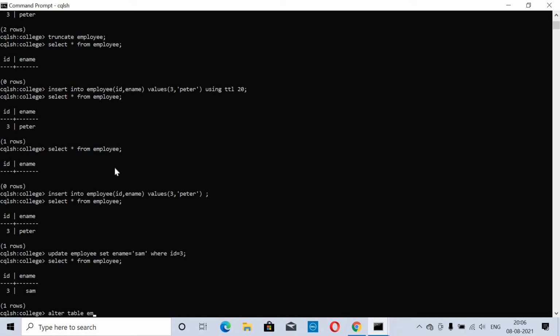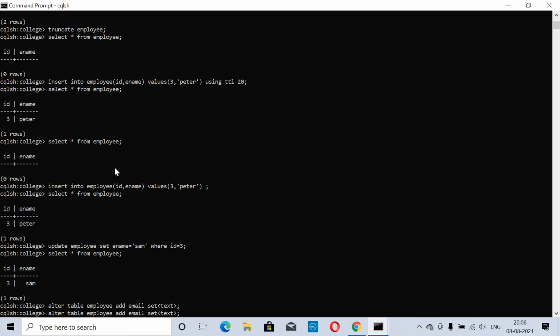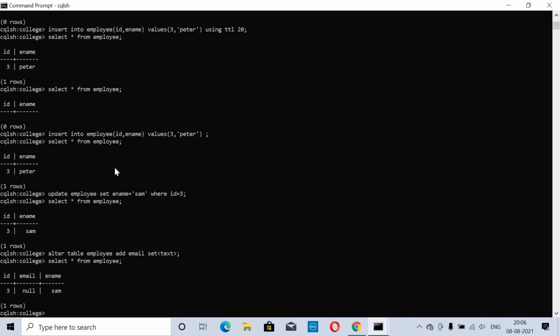What is the name of the table? Employee. Here we will add a column, email, of type set of text. Let us see whether it is added or not. Yes, this is added. Email is empty.